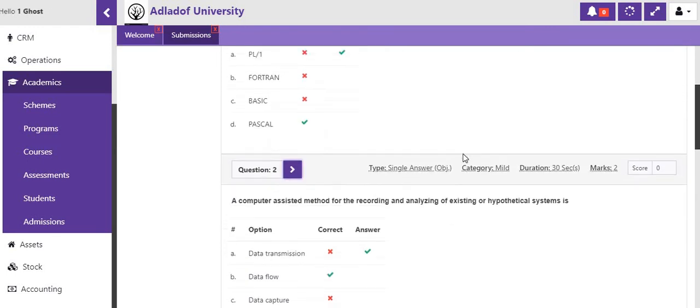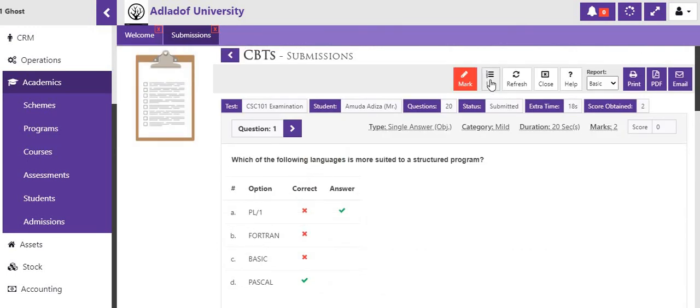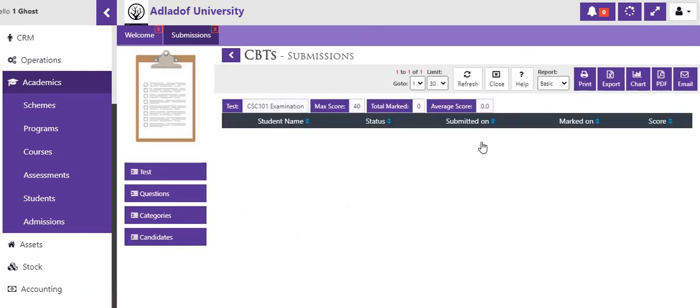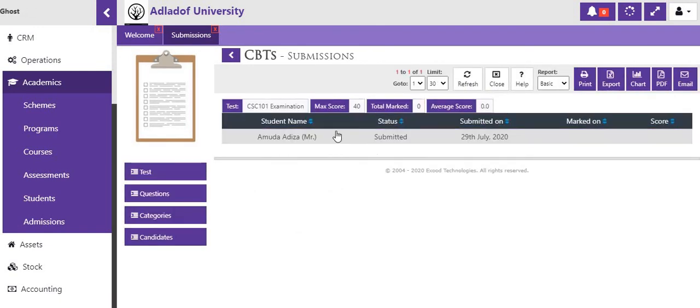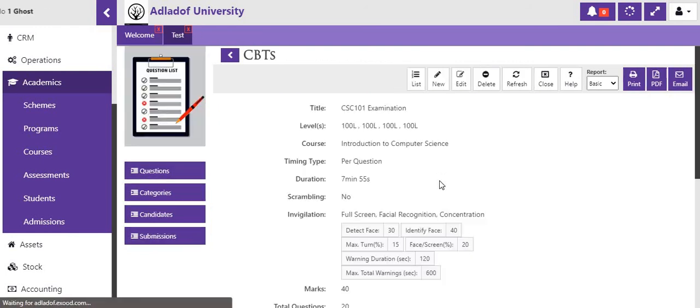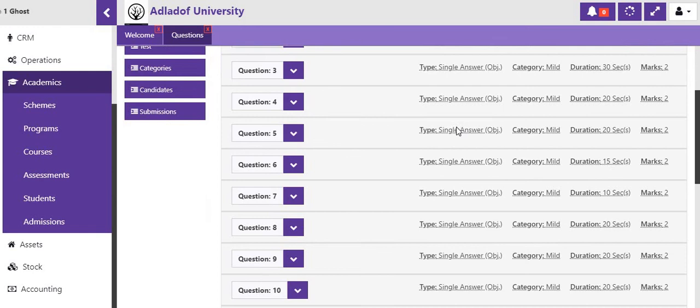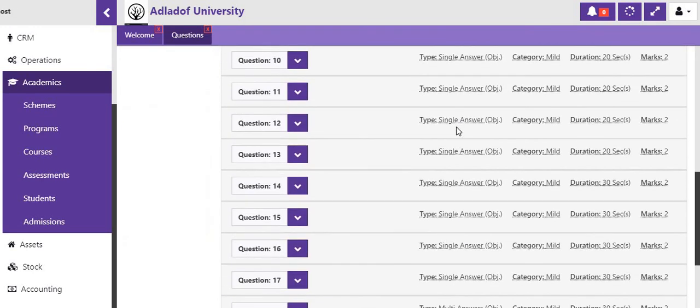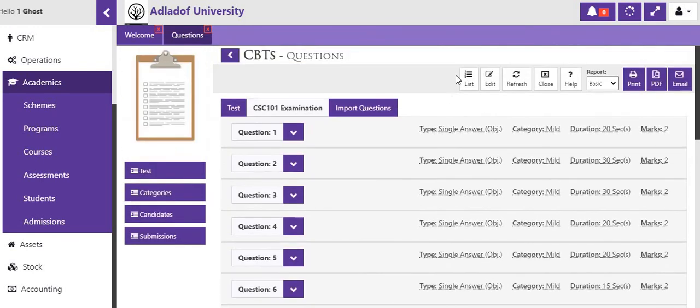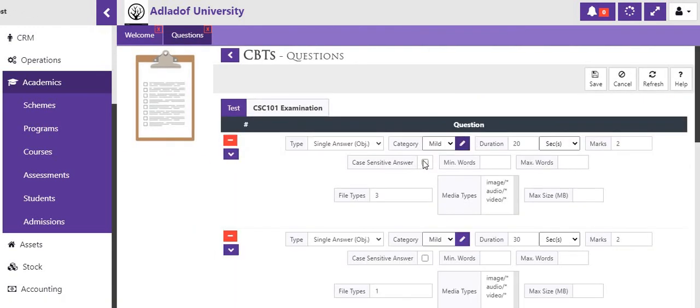So if, for instance, we wanted to, let me demonstrate the sort of questions that exist. So this is the test, these are the questions for the test. There are multiple types of questions. Now in this particular test we have 20 questions, but for each test there are different settings. For each question there are different settings. We could have